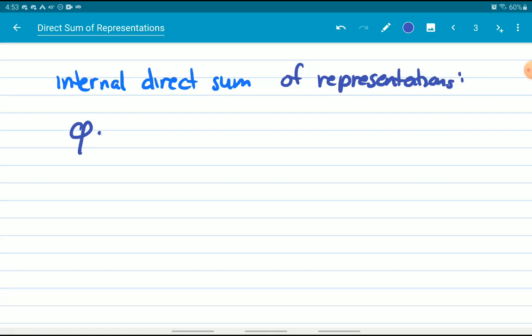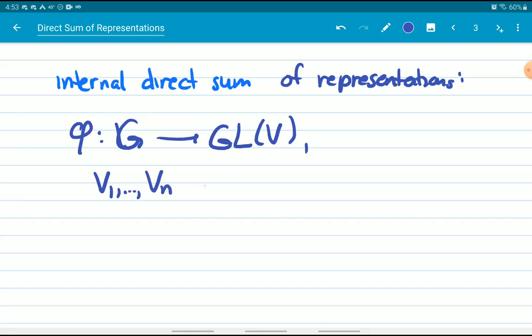So if I have a representation to some vector space, and I have invariant subspaces, so they're not just subspaces, but they're invariant subspaces under the representation,